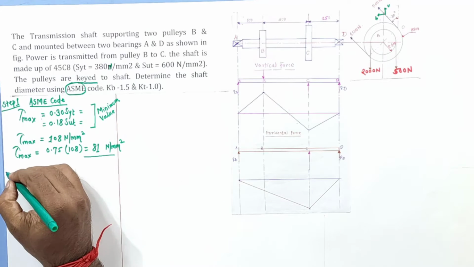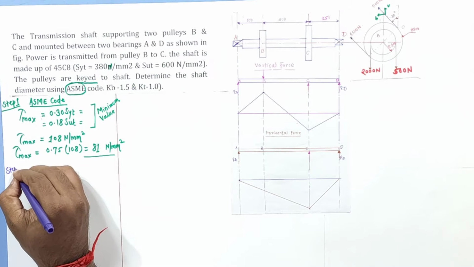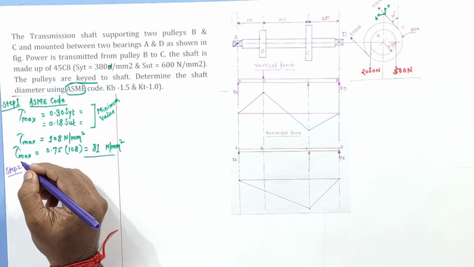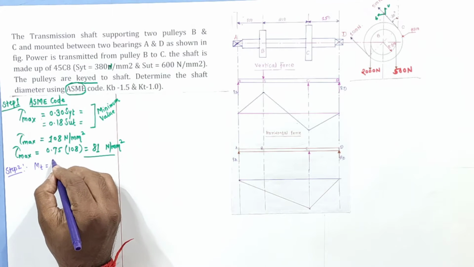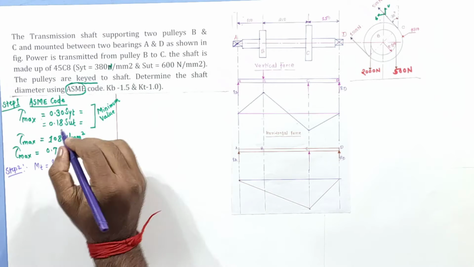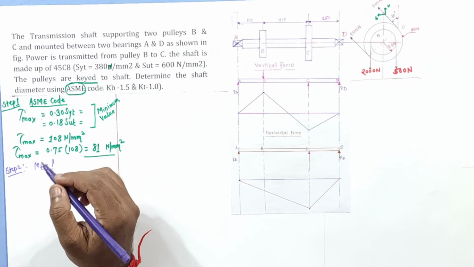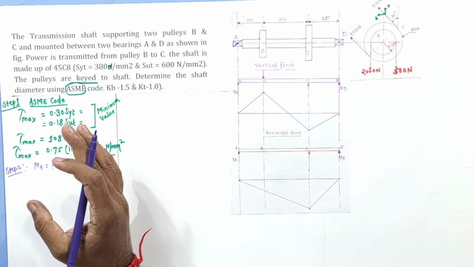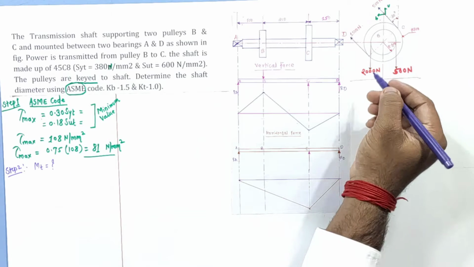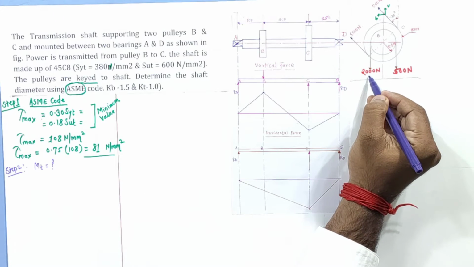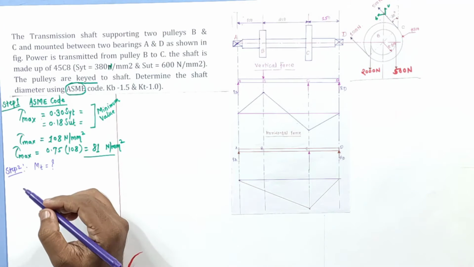Now we'll move toward our sequential step, that is step number 2. Step number 2 indicates calculation for torque. Very important. So I'll write MT question mark. Calculation of the torque. While calculating the torque, we cannot use our regular equation as we have seen in the previous numerical. So we'll have to use it on the basis of tension, because they have given tension on the tight side for the smaller pulley and the bigger pulley. So according to that, we'll have to take.